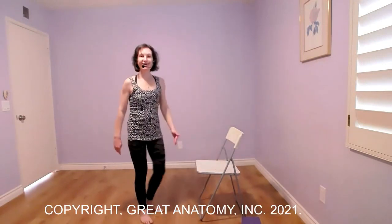And that's it. These are a few exercises to open up your hip and release your back between your work break and just